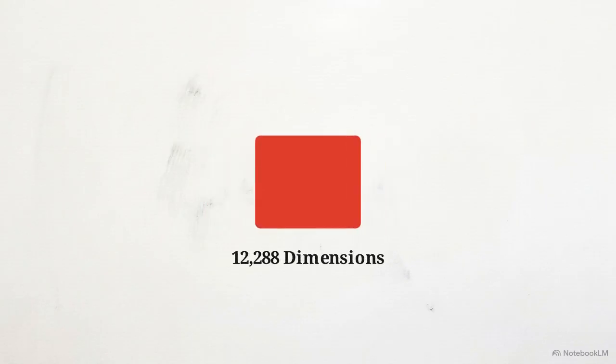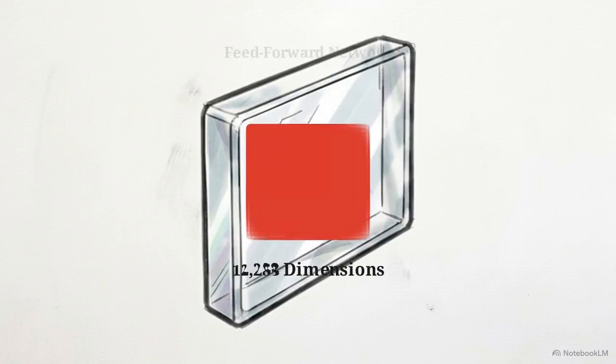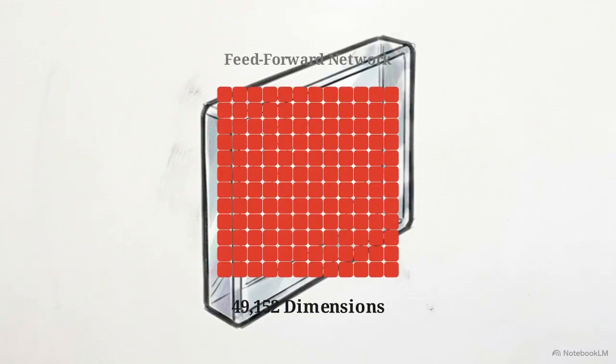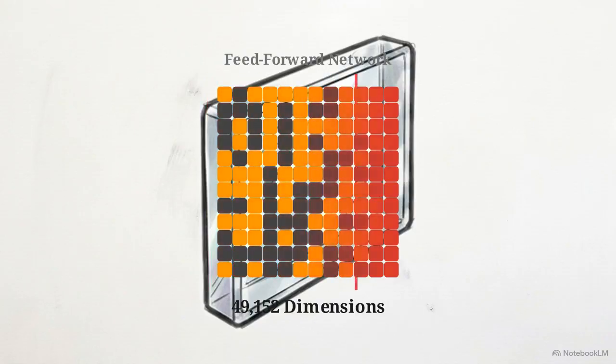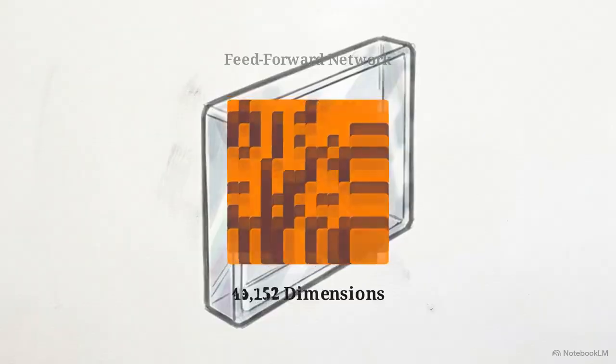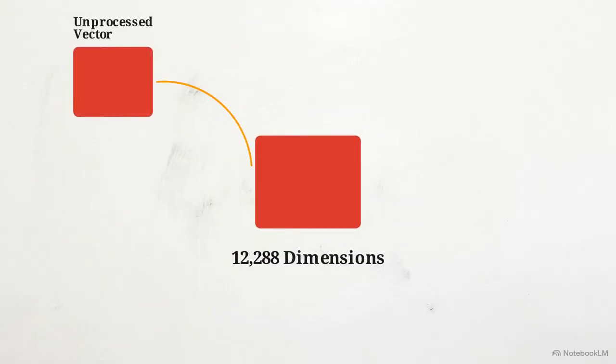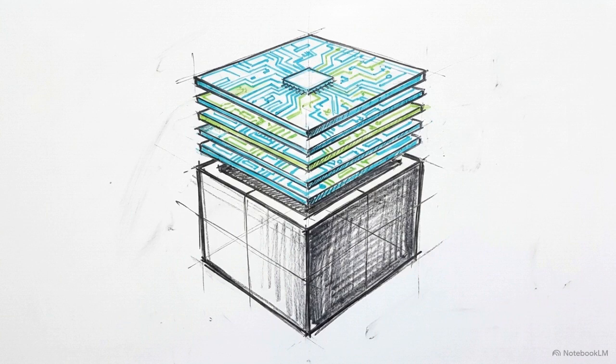This reunites the subspaces into the original 12,288-dimensional matrix size. This matrix then enters a feed-forward layer, where it expands to 4 times its original size, reaching 49,152 dimensions, before being filtered and compressed back down. This expansion applies nonlinear mathematical filters, isolating signals from noise. Finally, a residual shortcut adds the unprocessed vector back into this new data, ensuring the base definition of the word remains intact. By adding the original data back in, the transformer block can focus exclusively on layering new contextual updates on top of the established meaning.